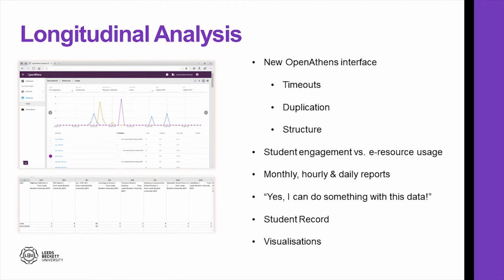This is related to the change in the OpenAthens reporting interface from November last year. Because of the amount of data that I need to download for all those students on a monthly basis, it's led to some timeout issues, and there's also been some duplication in the data, so I'm currently working with OpenAthens developers to review that and get that fixed. There's also a slightly different structure to the new data set, so there's still quite a bit of manipulation to get it into a suitable layout for me to look at student engagement in the analysis as opposed to e-resource